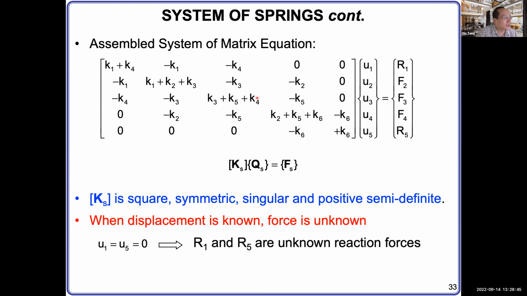So now we want to solve this equation set, right? So let's look into that carefully. In this case, we have 2 walls. On the wall, as we said, they cannot move, so the displacement equals 0. U1, U5 equal 0. So this one 0, this one 0. R1 and R5 are unknown. We want to find that out, right?